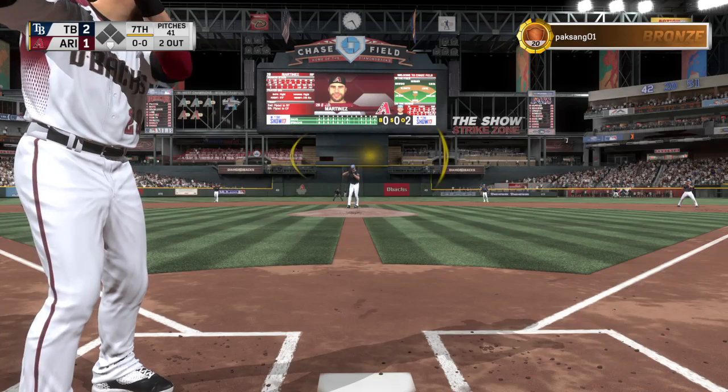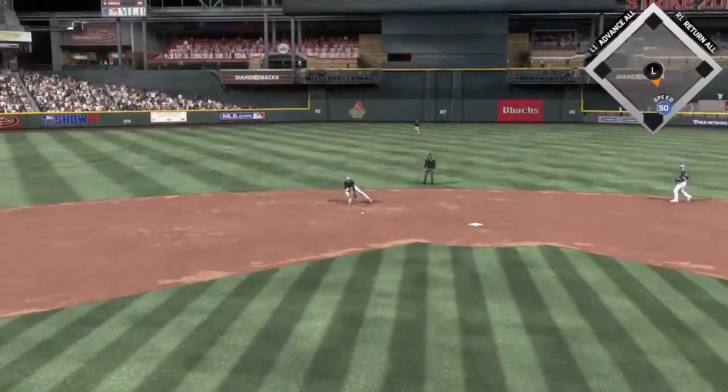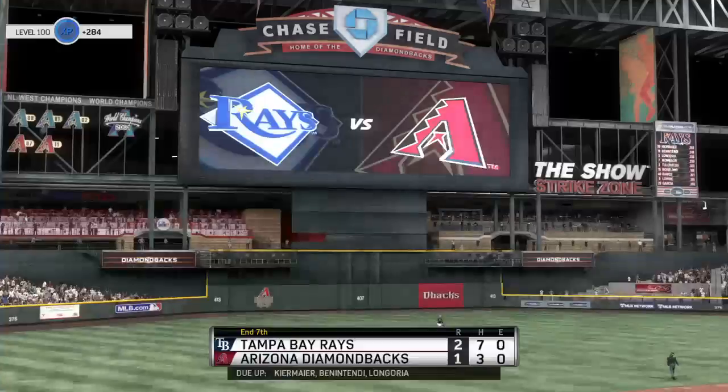Now at the plate, J.D. Martinez. He comes in 0 for 2 thus far. Ground ball sent back up the middle. There to field it is Tulowitzki. Throw to first will get him easily, and the side is...